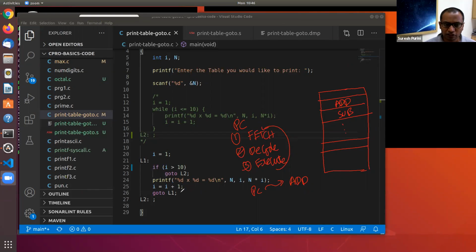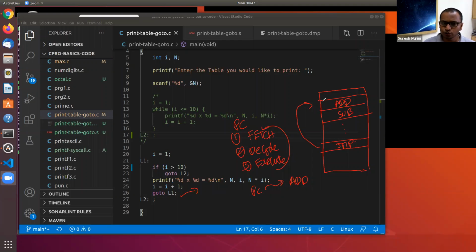For example, the goto statement here may cause some kind of jump instruction, and this jump instruction may say jump to the instruction which is present at this address. So internally, the processor executes this instruction, this instruction, this instruction, and keeps going. When it hits the jump instruction, depending upon the address given by the jump instruction, the control will go to the corresponding instruction. This is how the processor works.